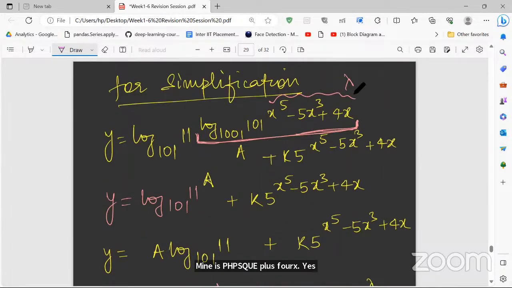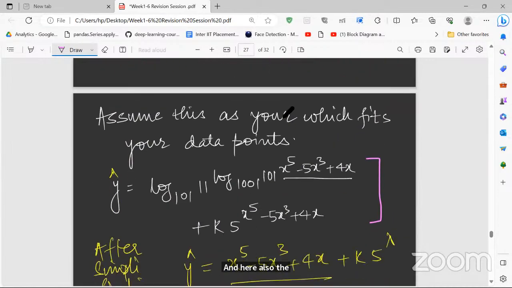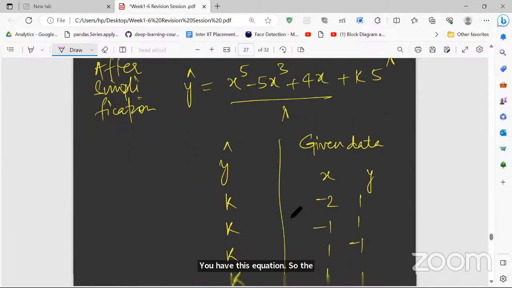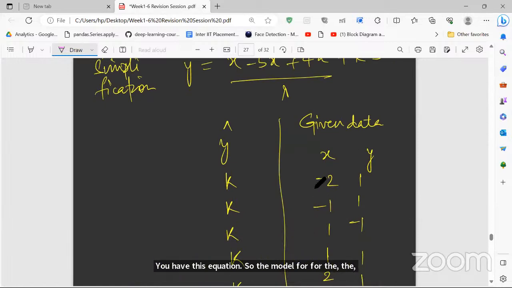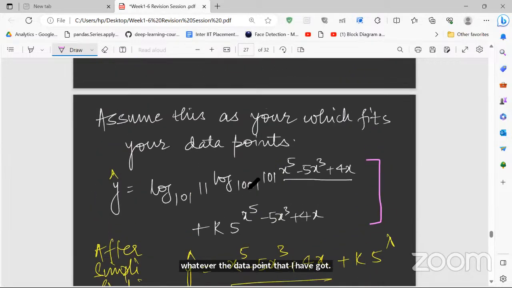Let's say, for example, I have solved this equation. This was one of the difficult problems, but if you know the concept, you'll be able to solve it. And here also the SSC concept. So one question of the SSC also you will solve. Can you explain this question again? See, this is basically a question of SSC, like sum of squared errors. You have this equation, the model, following the data points that you have got. So this is the given data, and this data follows this equation.